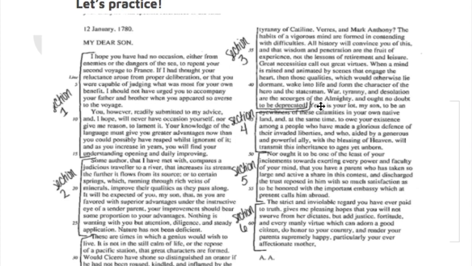Now we've got this great big shift word right there. "Yet it is your lot, my son." There are two things that should be flags to you that this is a shift: "yet" and "my son." The "yet" indicates that there is a contrast coming, a contrasting transition. The "my son" indicates that now she's speaking directly back to him,